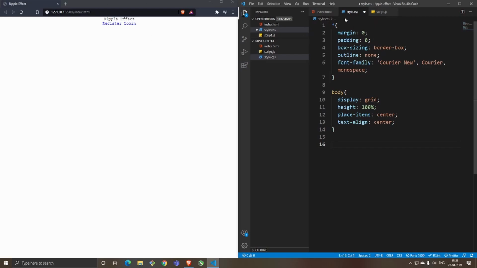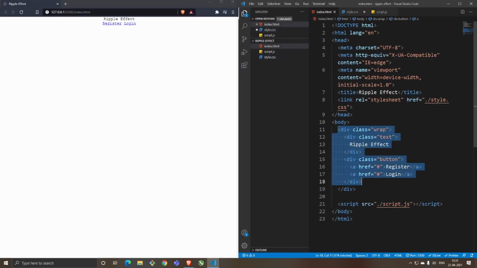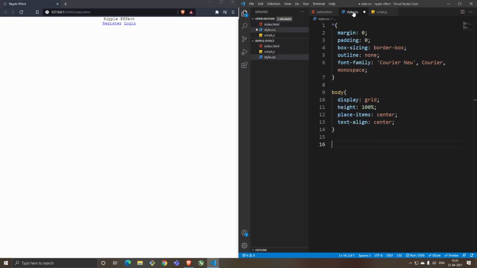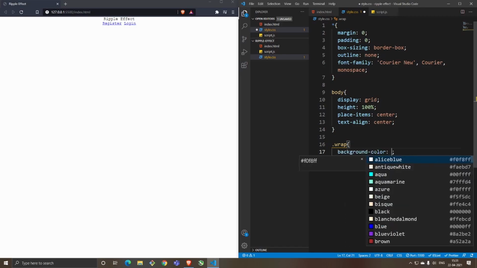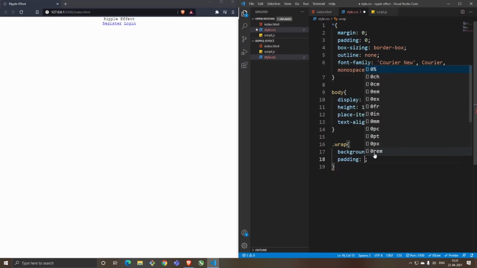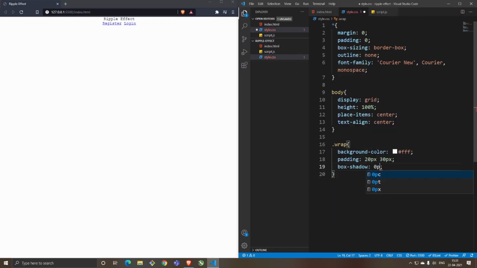Next off, we'll go ahead and give a style to this whole wrap out here. How we do that is using the class .wrap. So this just accesses the whole thing. Now I have given some effect for the whole text, so you have it shown out like something is popping out. That kind of effect I've tried to give it here.